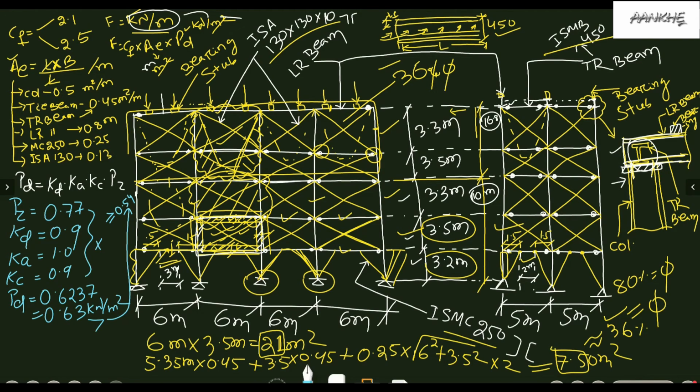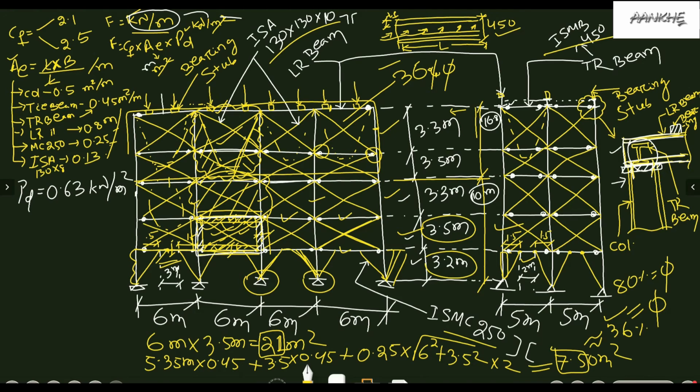So we can accept PD as 0.63 kilonewton per square meter. Okay, let me remove it to free up the space. PD is 0.63 kilonewton per square meter. Okay, so you have found out your PD,